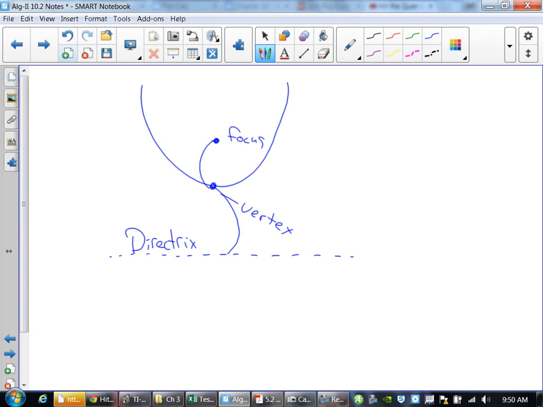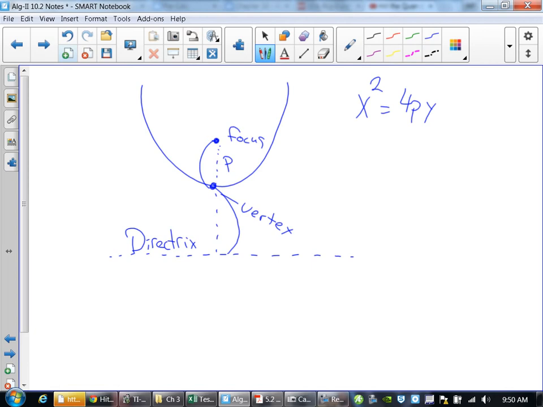So this is for a parabola that is an x squared. This distance between here and here is the value of p. If it's positive, the p value goes up. If it's negative, the p value goes down. This value of p tells you how far you are from the directrix to the vertex, or from the vertex to your focus. If it's up, it's positive, and if it's down, it would be negative. Once I show you how you solve for it and work through it,